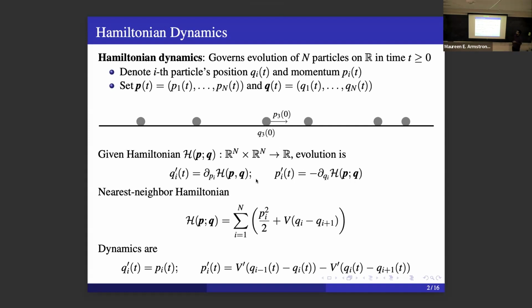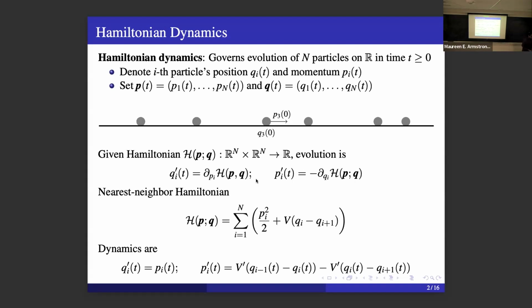And the evolution of these dynamics is given by: the derivative of q_i, so the evolution of the positions, is the p_i derivative of the Hamiltonian, and the derivative of the momenta is given by the negative q_i derivative of this Hamiltonian. Okay, so this is all fairly general, but